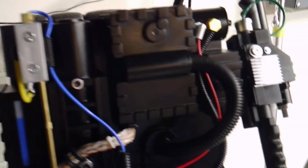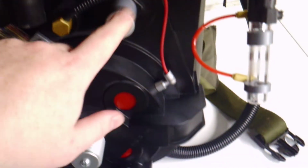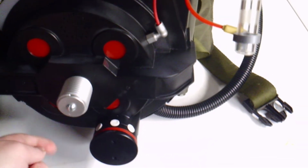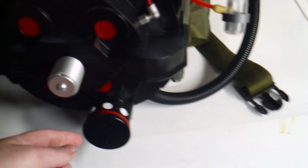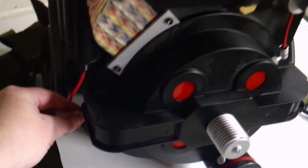I was able to take everything off except for this hose here. These two came off. These came off. That came off. Take out the cyclotron lenses, the bumper knob. The ribbon cable obviously has been replaced. This came off. This I had to tape. This I left because you actually replaced this as part of